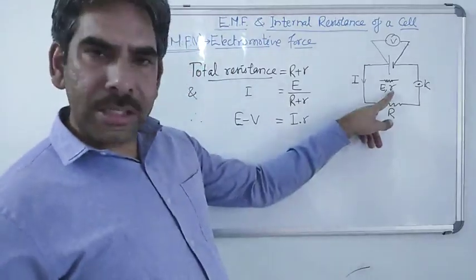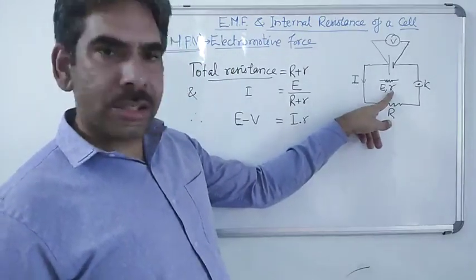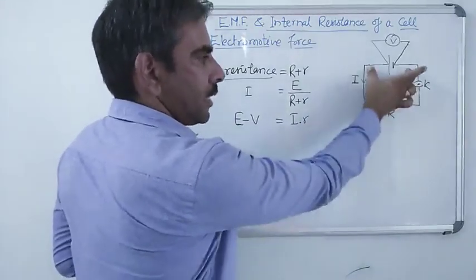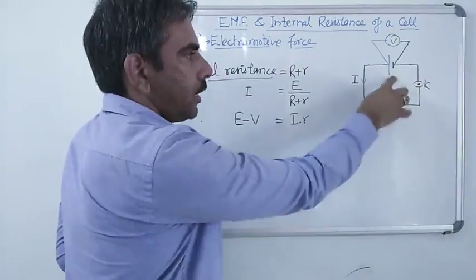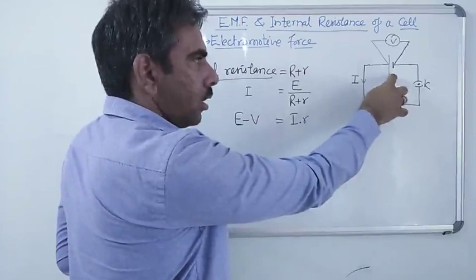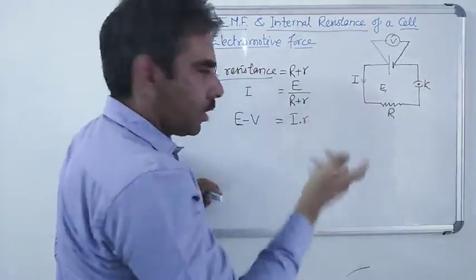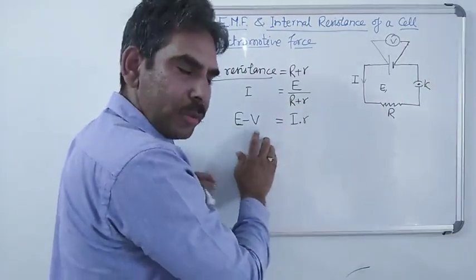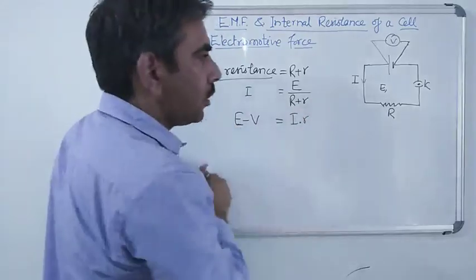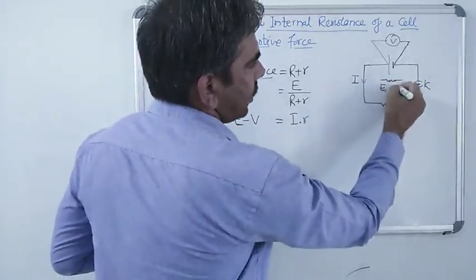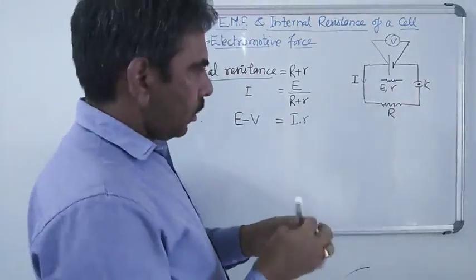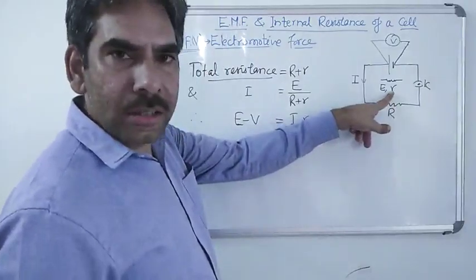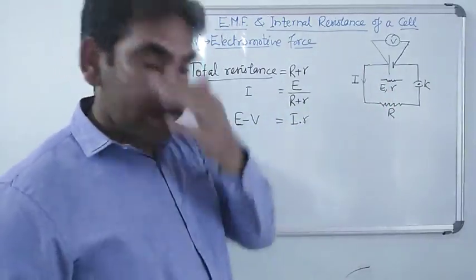Had there been no internal resistance of the cell, whatever the potential difference is across the cell would be the same potential difference across R, and hence there would be no potential drawn by any other component, right? So this term remains 0. That means the terminal potential difference is nothing but the EMF of the cell. But now because the cell has some internal resistance r, both this external resistance R as well as the internal resistance of the cell r are drawing some potential from the cell.